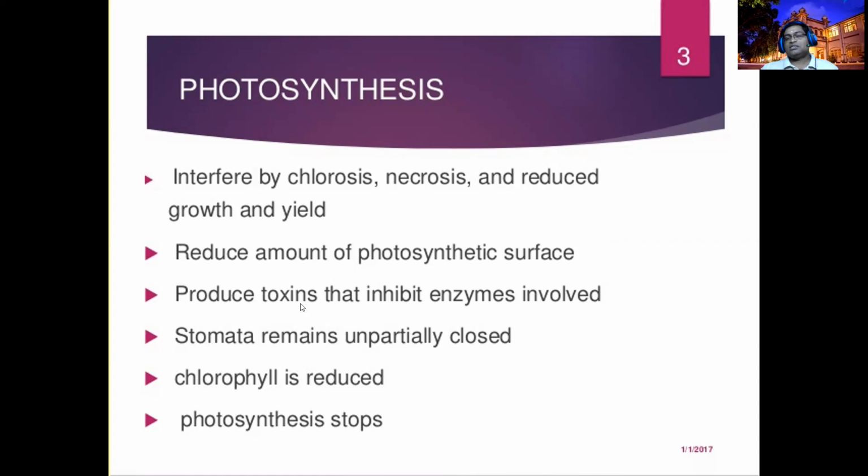And produce toxins. Certain toxins produced by these pathogens inhibit the enzyme, or sometimes cause overworking of this enzyme. For example, if it's a nematode, they are producing certain toxic saliva consisting of a larger amount of enzymes. If the nematode is also producing the same hormone into the plant at a higher level, it will induce the plant to proliferate more and more. That's what you are expecting as a goal,